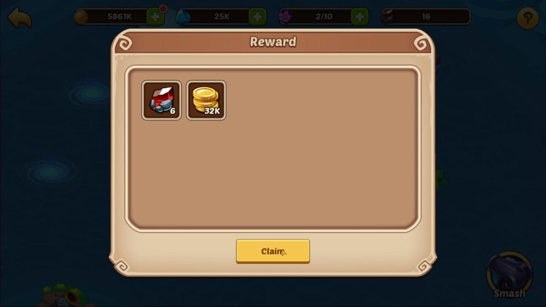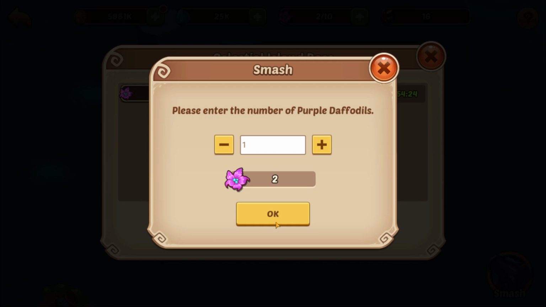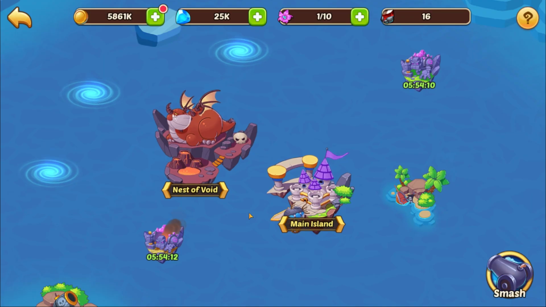32,000 gold and 6 void stones. That's a lot. So you just see what I did there. Smashed him a couple of times. Couldn't win. So I'm left with 2 daffodils. I could probably smash it one more time. And I will. And with that one